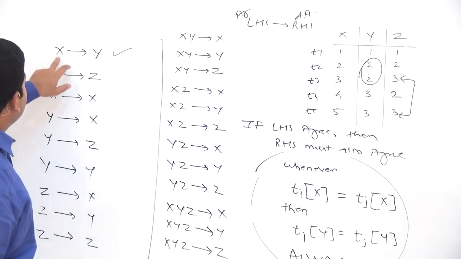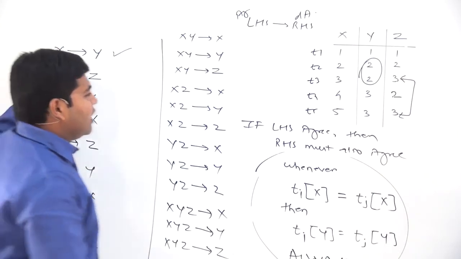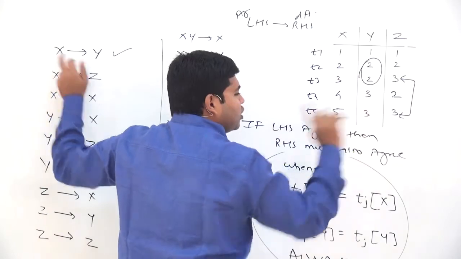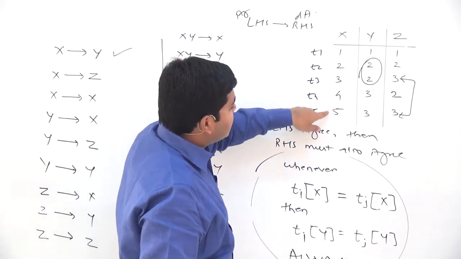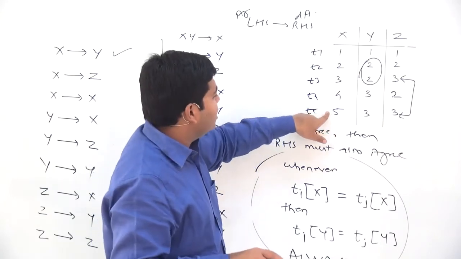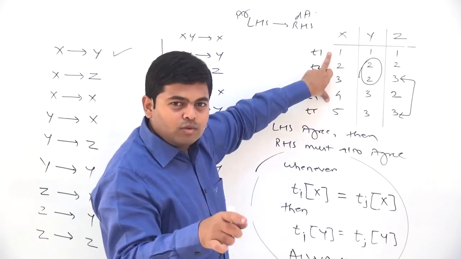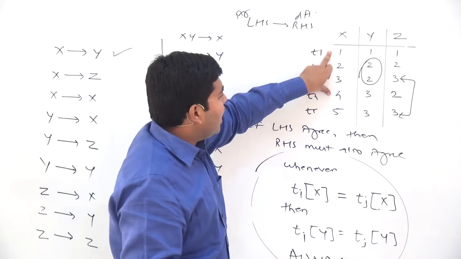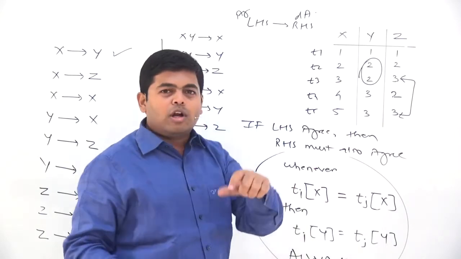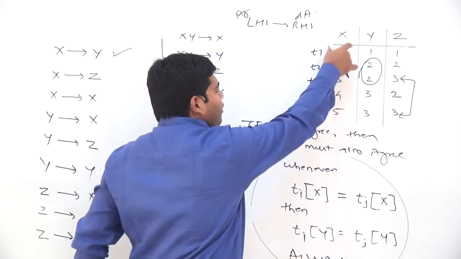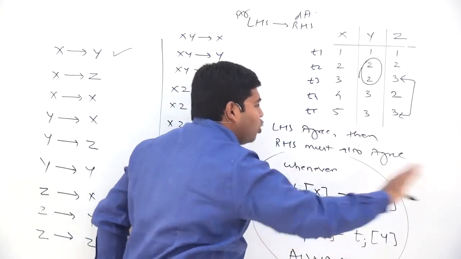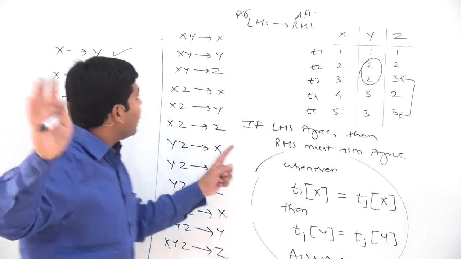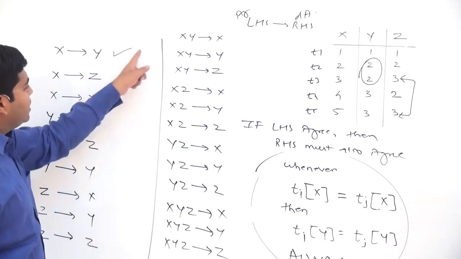Now what does that mean? There is no agreement on the left hand side, meaning all the values present on the left hand side are unique. Because if they are not unique, it means somewhere there is a repetition of the value, somewhere the values are duplicated, and that will be called an agreement. Here all the values are unique, no duplication, no repetition, no agreement, no case of violation, and that is why this particular FD will be satisfied.